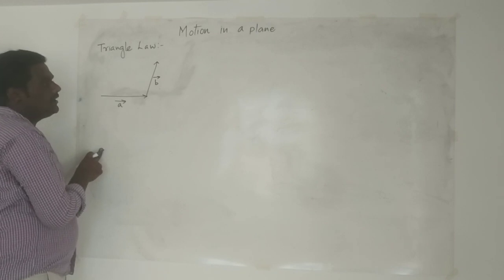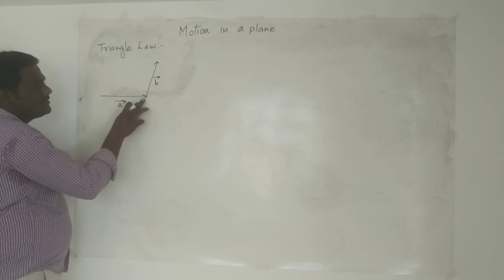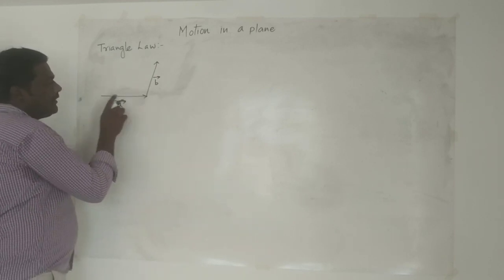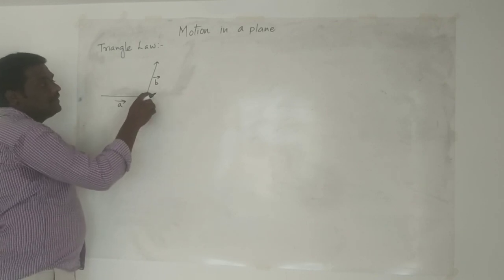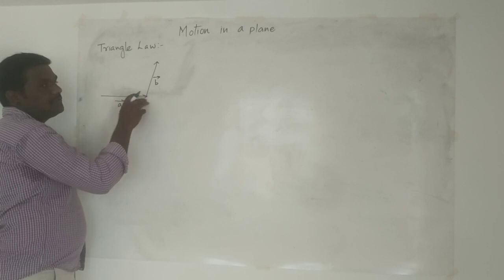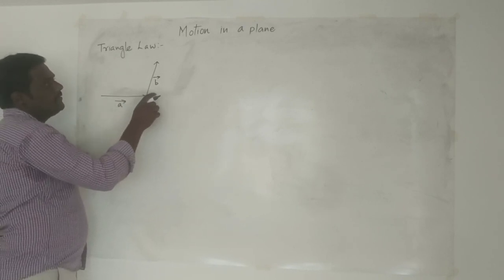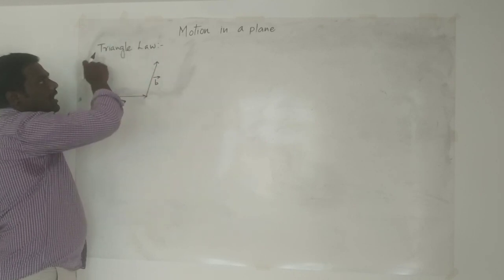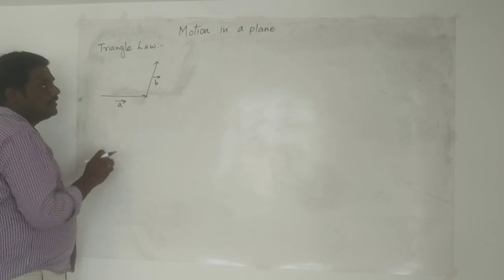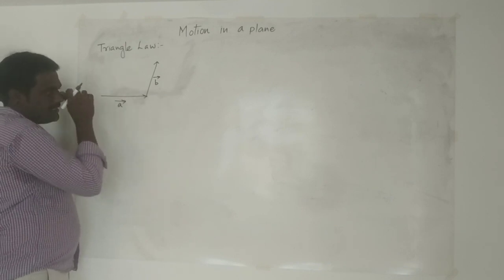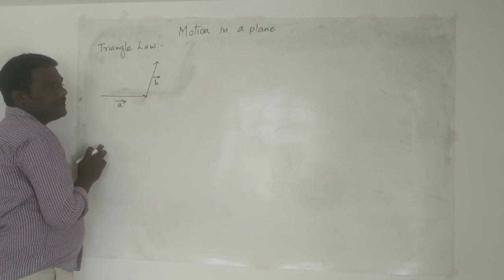What is the meaning of order? For every vector there is a head and a tail. So this is the tail and this is the head. If you draw one vector, assume A bar, where the head ends, from there the second vector's tail should start. So these two vectors I took in order. You can assume this is an anticlockwise direction, or you can take a clockwise direction also, as per your convenience. For this example, I took the anticlockwise direction. So here these two vectors are taken in order.